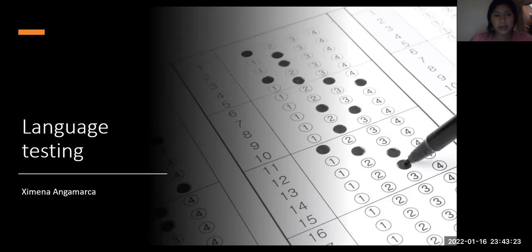Today I am going to talk about task to reading assessment. The first activity, the objectives, is